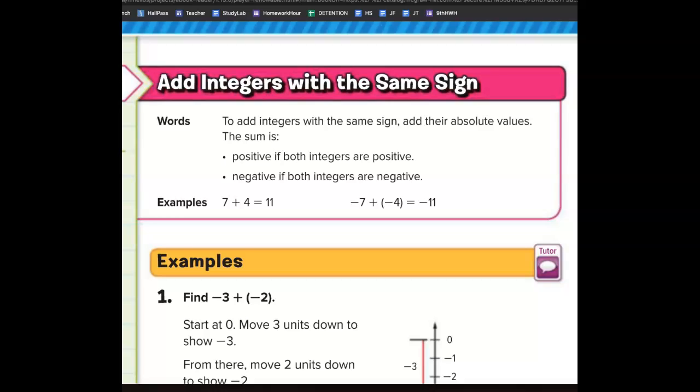All right, so at the top of page 204, it gives you some review from last week. It says to add integers with the same sign, we're going to add the absolute value. So last week I said if it's the same sign, we find the sum. So you add them, okay? So on our examples here,